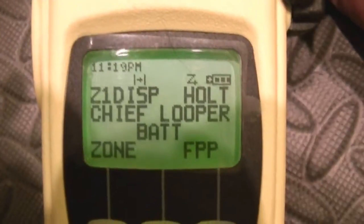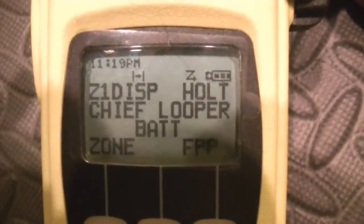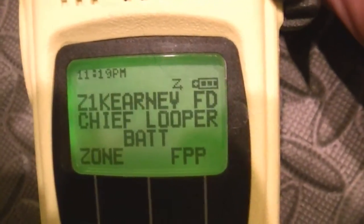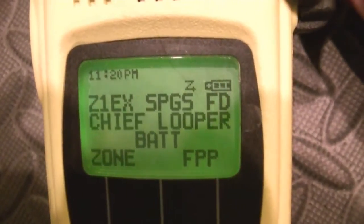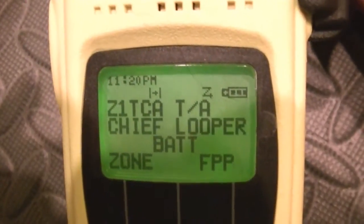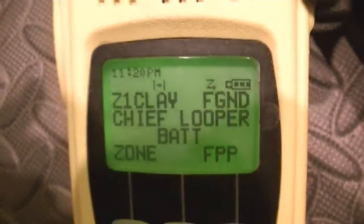Here's your zones. Took me a couple hours because that code plug wouldn't let me drag and drop, so I had to do everything. It was tedious, but it's just the way you need it. First channel, second channel, you can see I've got your name on here. This may be boring to some people, but that's your weather channel. And Clay County